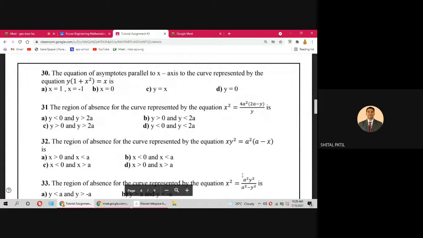तो सी, क्या कर सकते हैं इसको? इक्वेट x square equal to 4a square plus 2a minus y divided by y. थोड़ा सा समझना है, बी केयरफुल. See numerator on the right side, equate numerator to 0. So that will give 4a square plus 2a minus y equal to 0. That will give y equal to 2a.